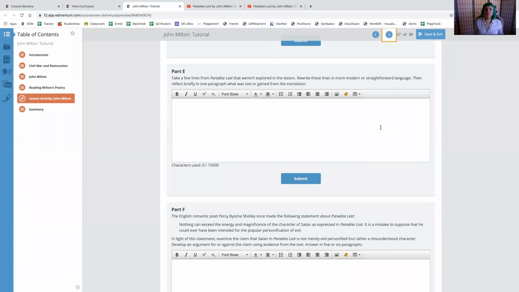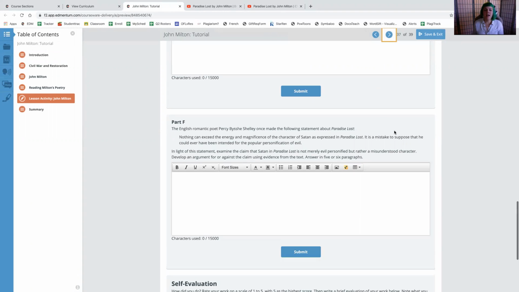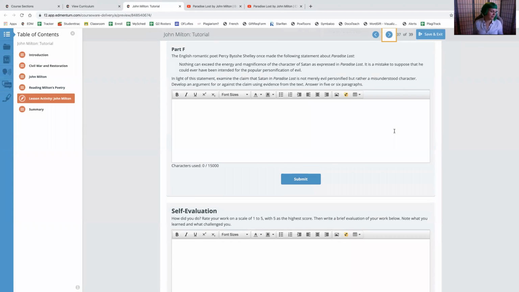Okay. Rewrite them in more modern, straightforward language. I actually think that bit of textual evidence I showed you is a really good example of something that's pretty easy to modernize. If you just ignore the funky spellings, it makes sense. And then, okay,